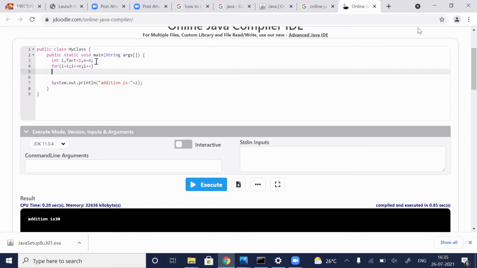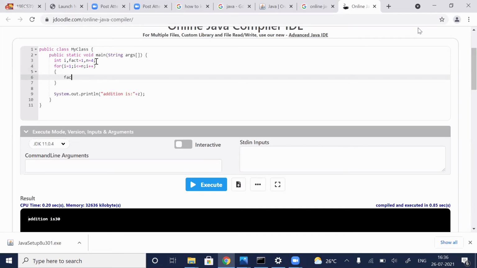So inside it, fact = fact * i. Next, System.out.println, "Factorial of a given number is", where it is available in the variable fact.